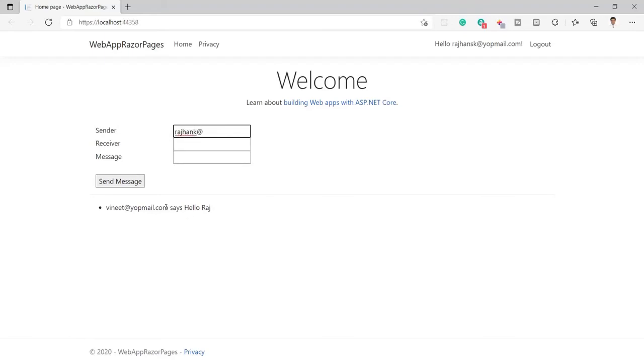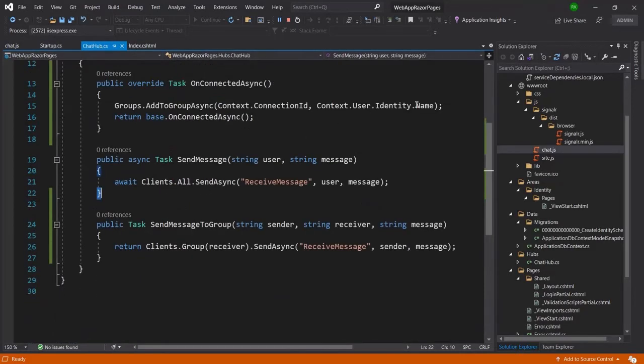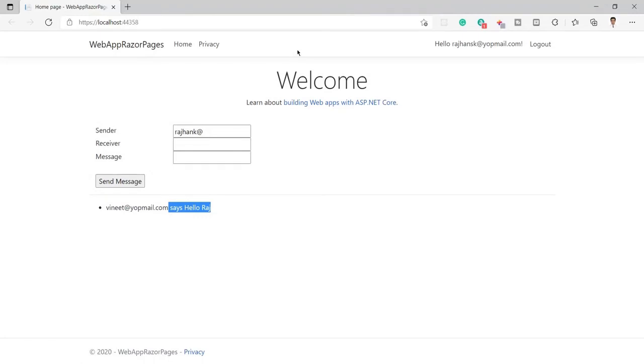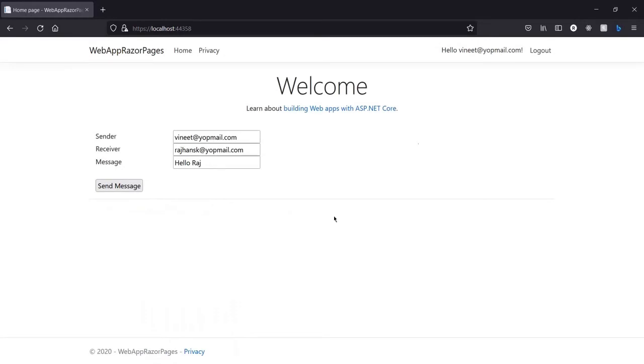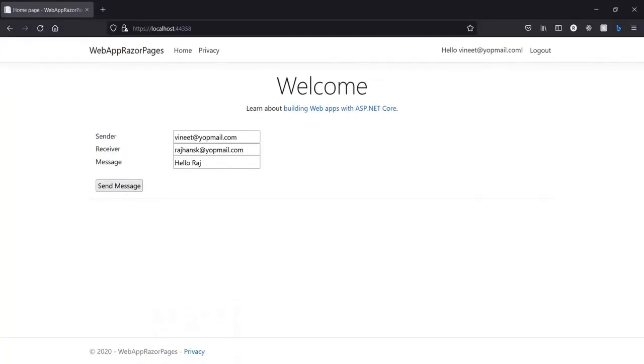And you might have thought how we have received it. So basically internally I have implemented identity, so from this identity it is automatically getting the logged in username. So because of that it has sent the message to this user only. Okay, and you can see I have sent from here, and here I have not received anything, right, because this is a different user here. Okay, so I will also explain how we can remove this sender, because the sender is always going to be the same. So I will show you, but first let me send this message here.